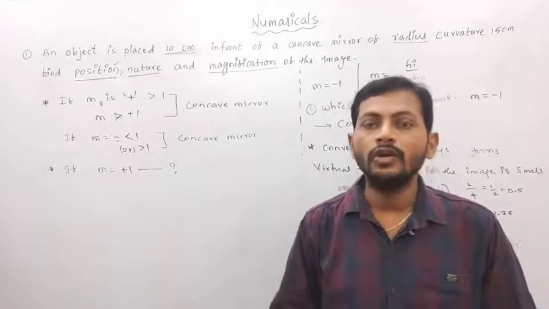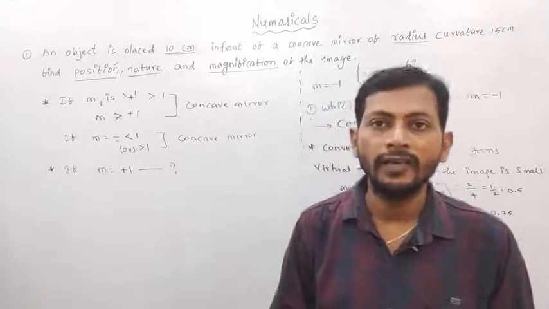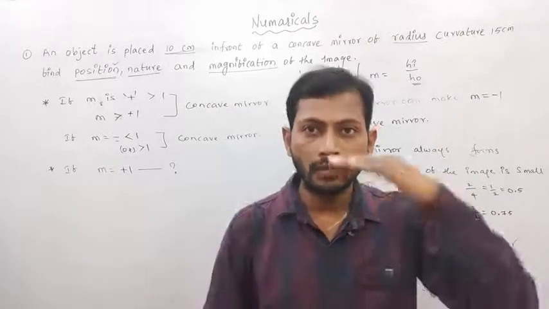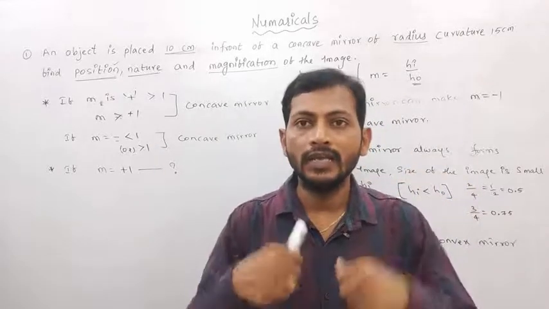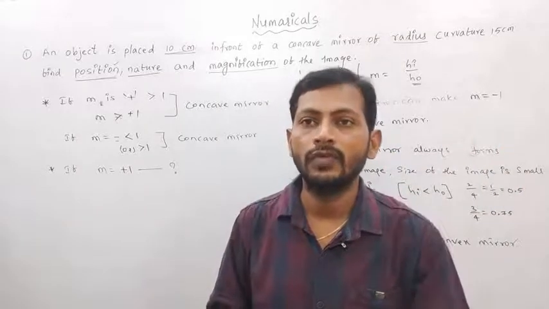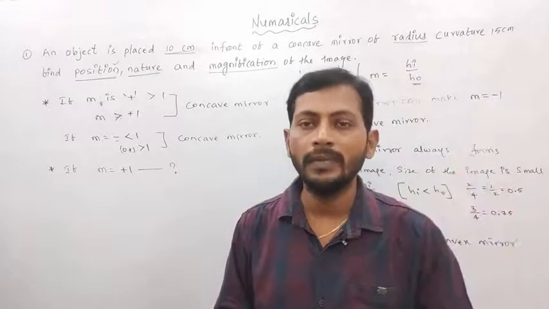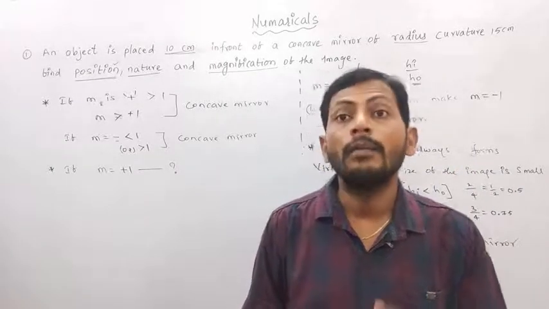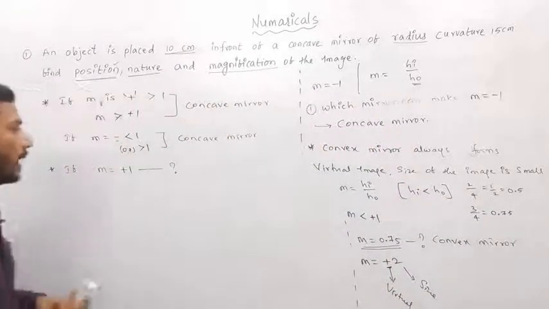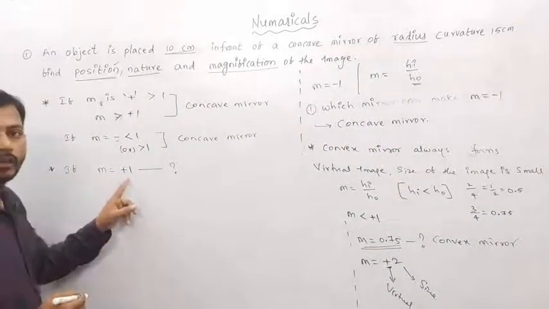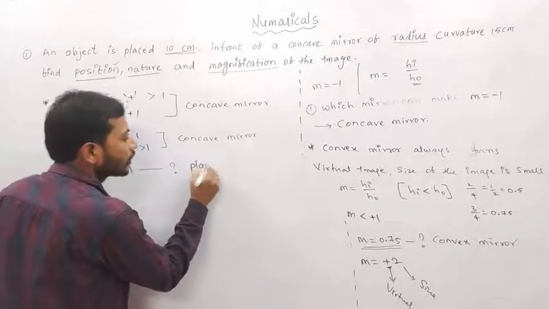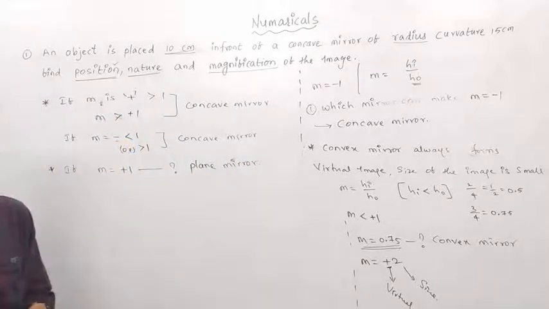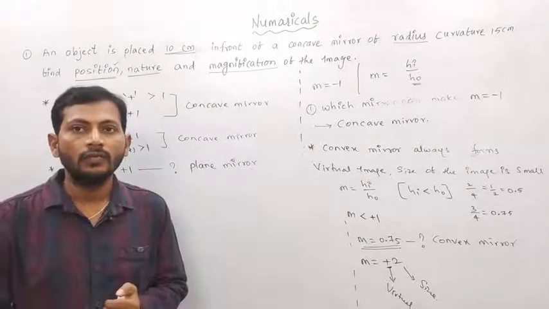That case is when you stand in front of a face mirror or plane mirror: size of the object and size of the image are both the same size. That is, the image is standing in front of you. Standing means virtual image. Size of the object and size of the image are both same means that is the plane mirror. It is not a spherical mirror. So I am writing here, if M equals plus 1, that is a plane mirror. So you have to remember these things, children, for class 10.